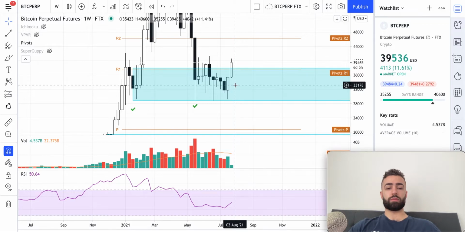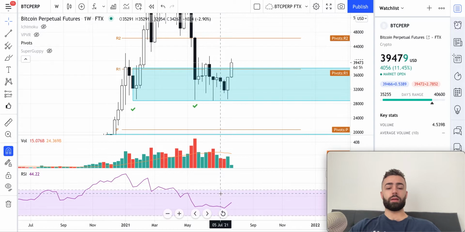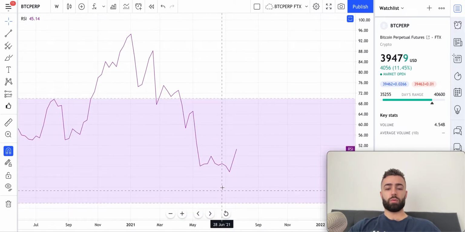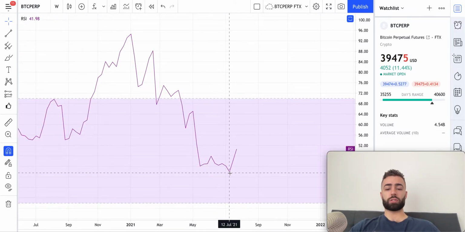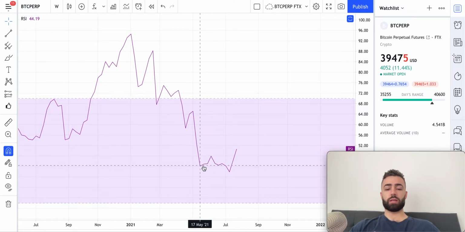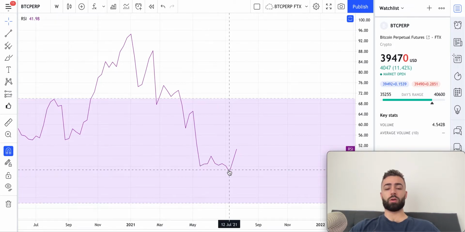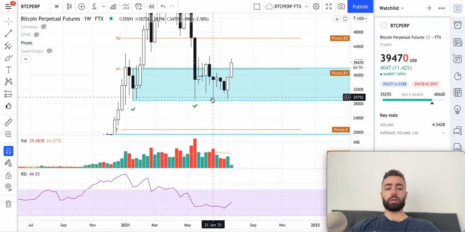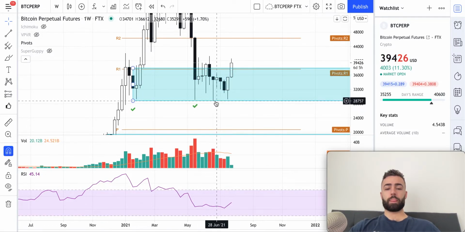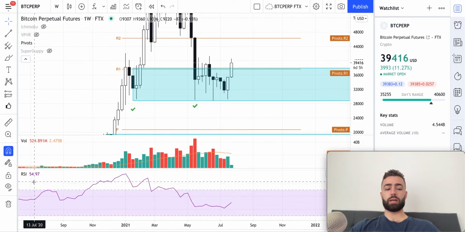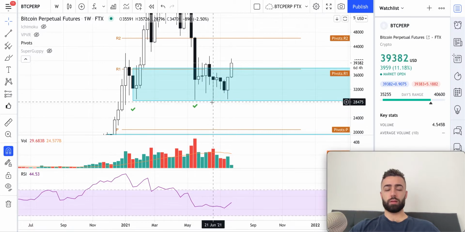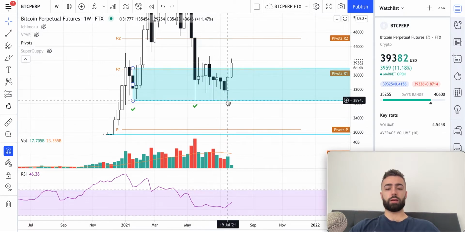In terms of the RSI, one other interesting development here was this hidden bullish divergence. So you can see clearly here that the RSI is making a lower low. But if we look at the price action here, we're making a higher low. And if we look at this low here, we're at 44.53. You can see that based on the RSI down here. 44.53 RSI. This low, 46.28, which is